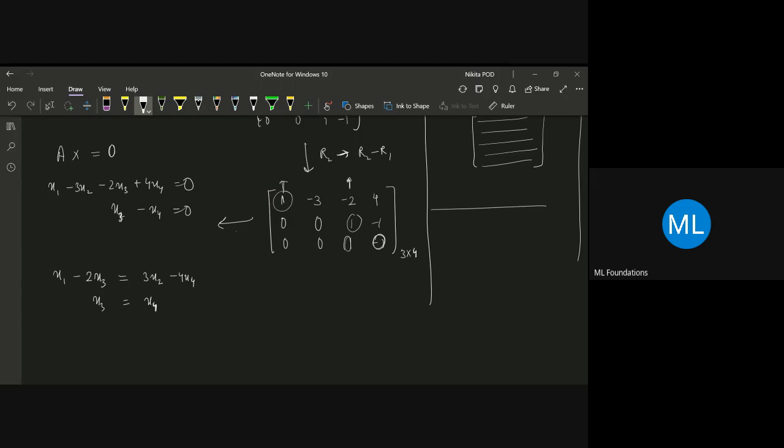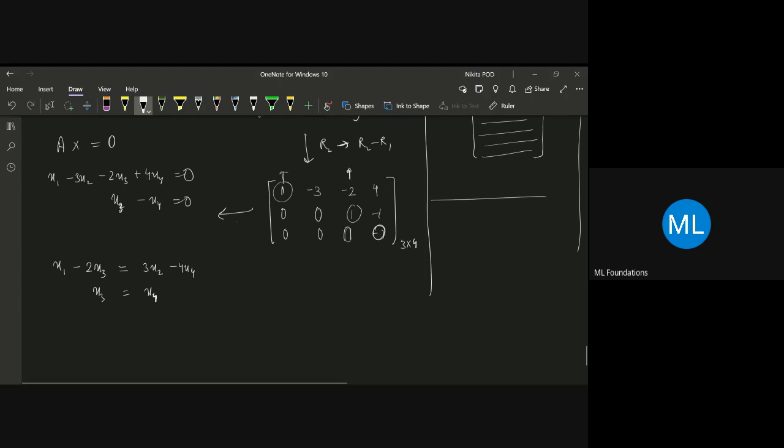So what we do is we try to write the basic variables in the form of free variables. Our basic variables are x1 and x3, so I have written x1 and x3 as a function of the free variables. So now from here you get x3 to be equal to x4, and from here I can write x1 to be